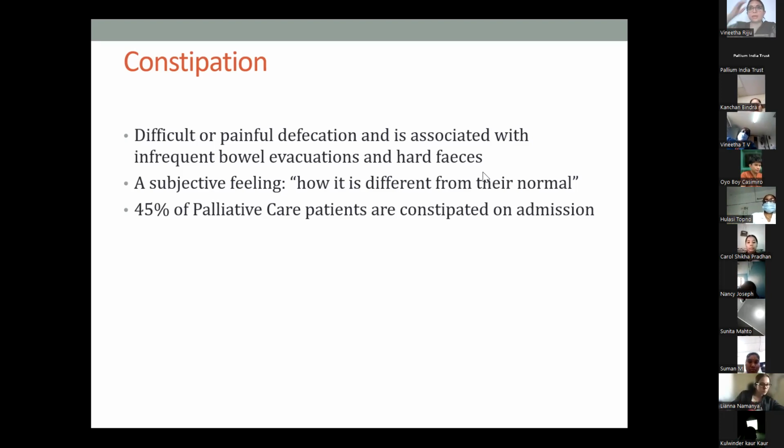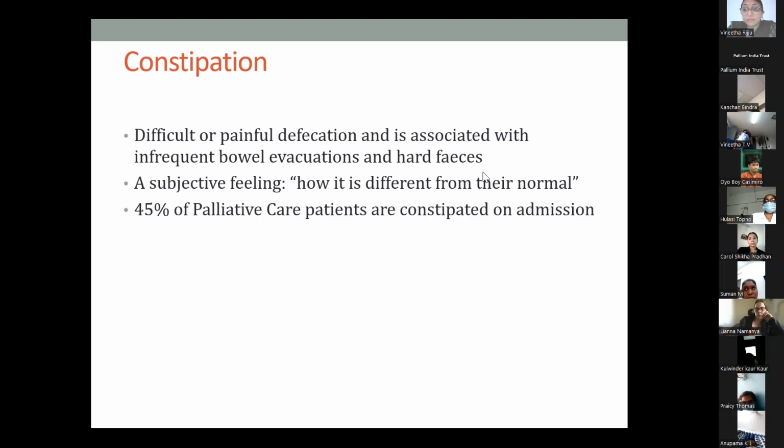What we need to understand here is when was the last time you passed your bowels and how often do you pass bowels on a normal basis. So maybe the patient has not passed his bowels the previous day, but if you ask him how is your normal bowel pattern, he might say, I open my bowels every 3 days. So then it is not a constipation. It has to be different from his normal routine.